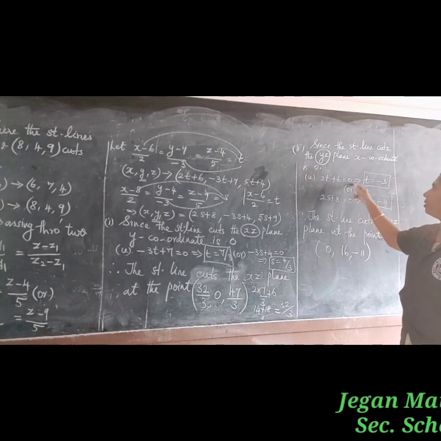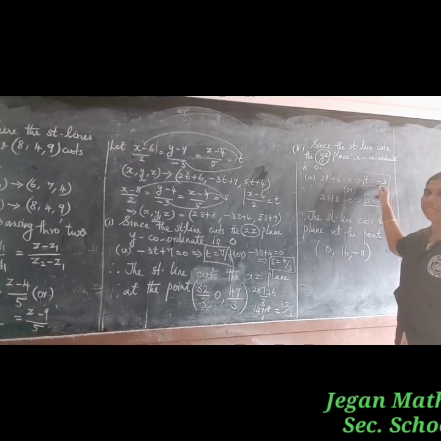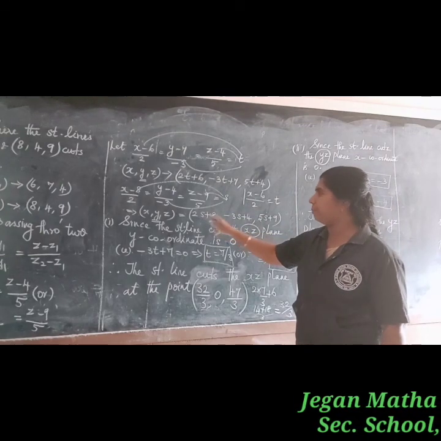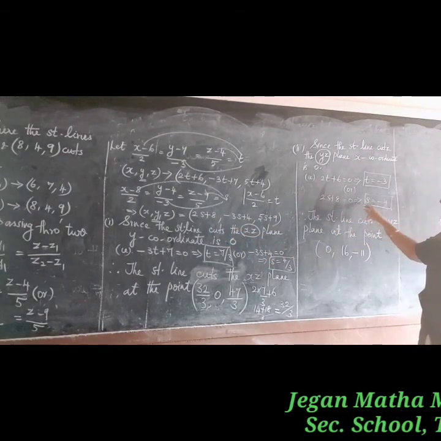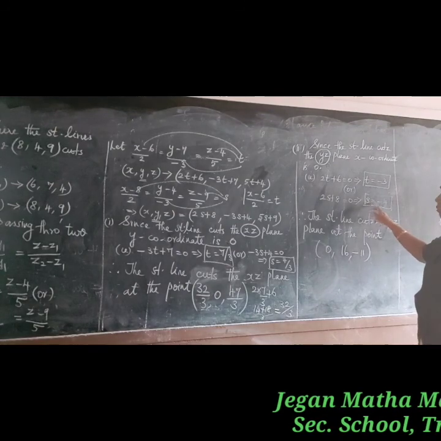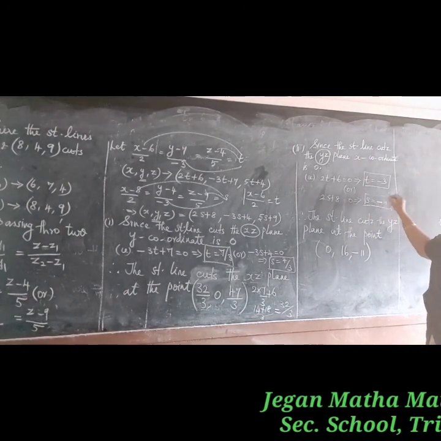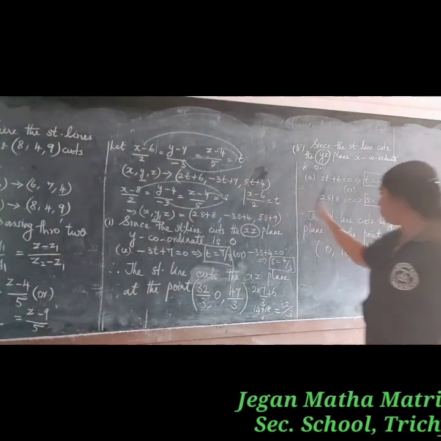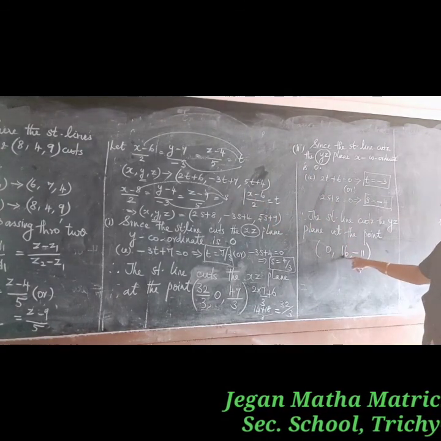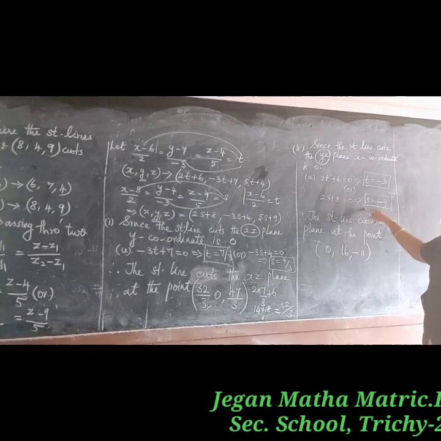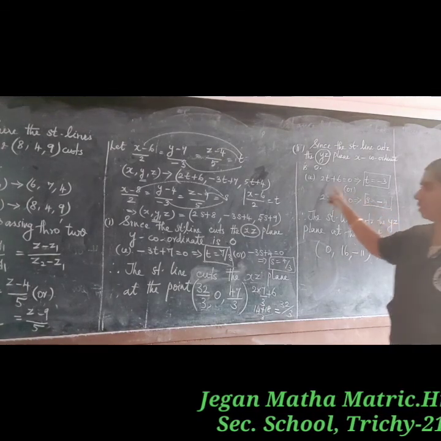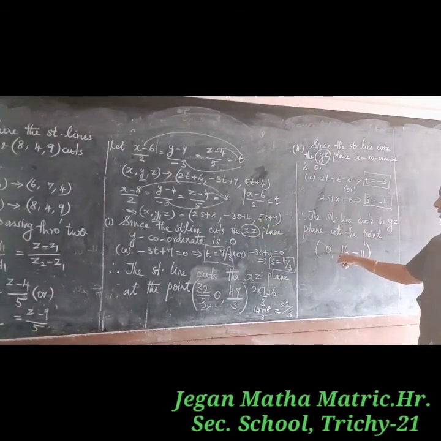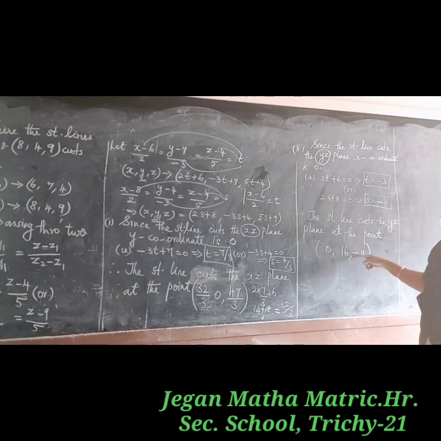2t plus 6 equal to 0 means we get t is equal to minus 3. Otherwise, we take the x coordinate from the second set, 2s plus 8 equal to 0, and there we get s is equal to minus 4. If you substitute t here, the point we get is 0, 16 and minus 11. Or if s is equal to minus 4, if you substitute in the second set of points, we get the same point 0, 16 and minus 11.